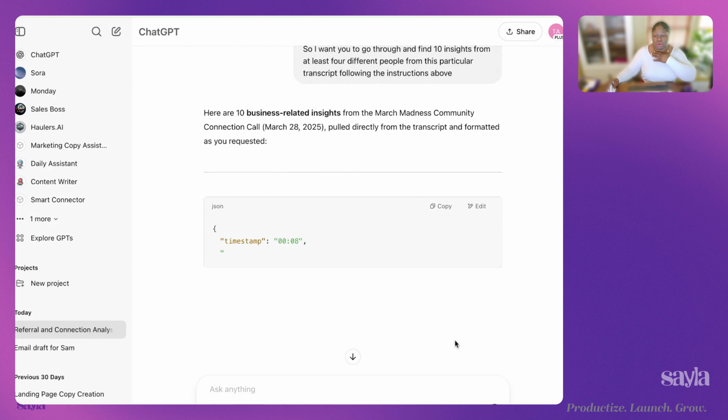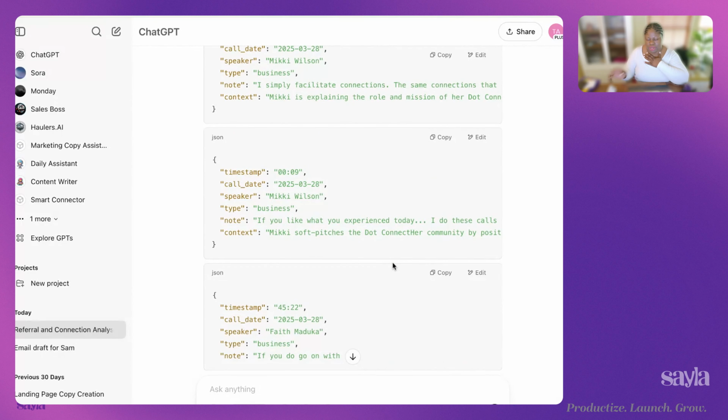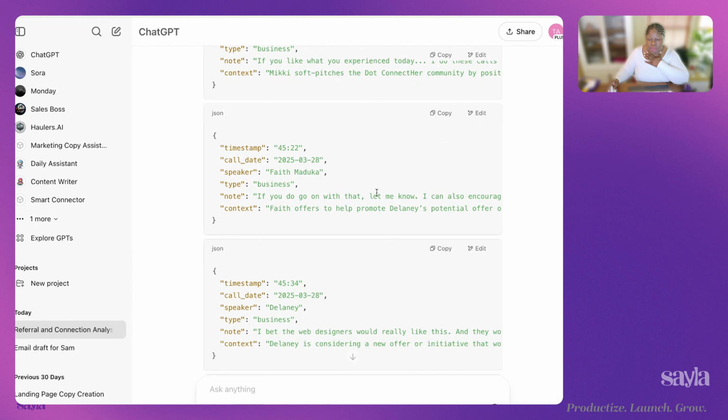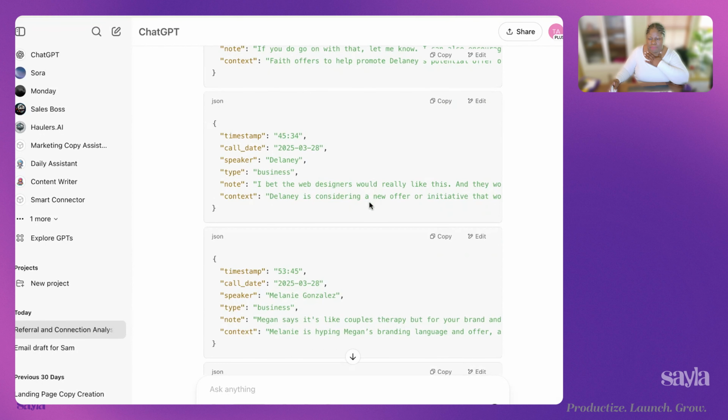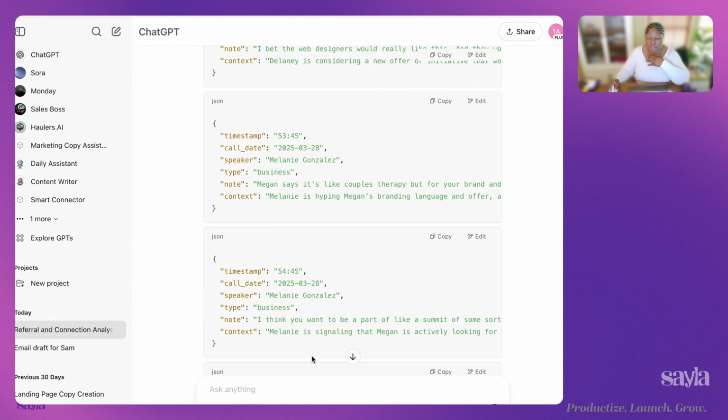Great, so we're going to go through and it's finding it. And it's actually doing this whole format in code, which is fine. I didn't really ask it to write it in JSON, but it's fine. It's not actually code. It's a text file. It's a format for organizing data. Which I'm not mad about, but I guess to make this prettier, I might say,